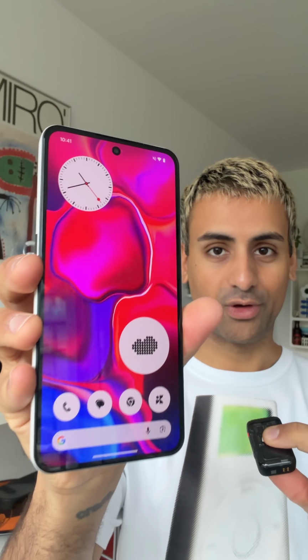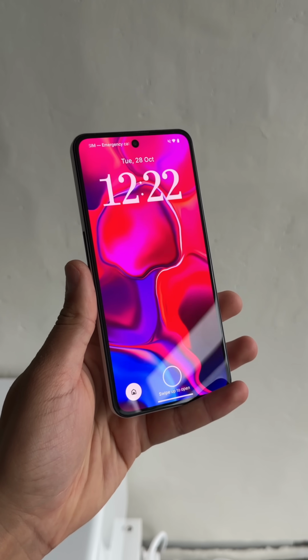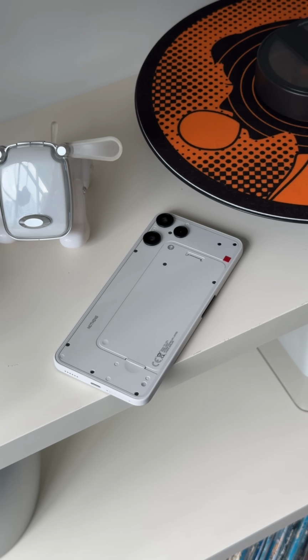Look at this phone. This is the new Nothing Phone 3A Lite, and I want you to take a guess how much you think this phone costs. Now listen to this. It has a 120Hz 6.7-inch OLED display, 5000 mAh battery, 128 or 256 gigabytes of storage